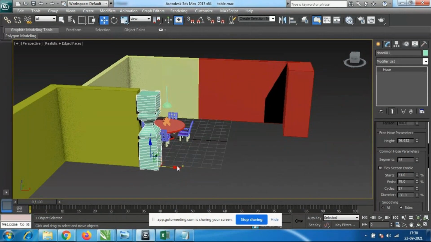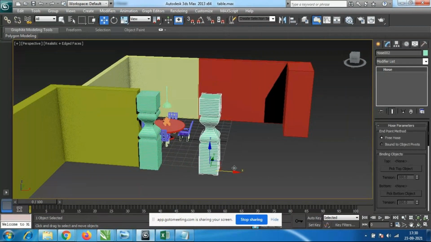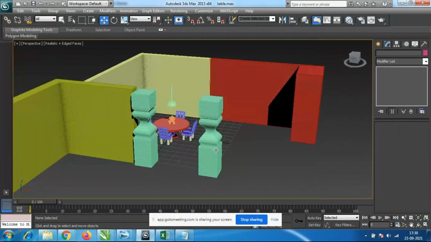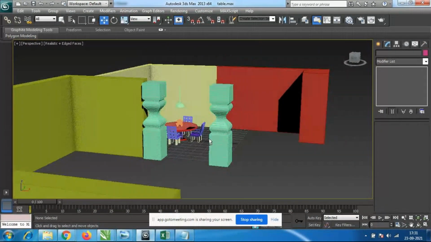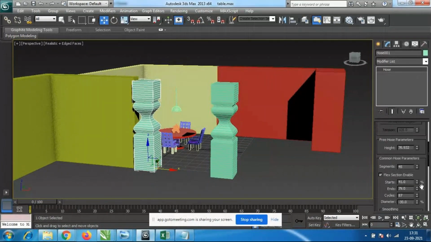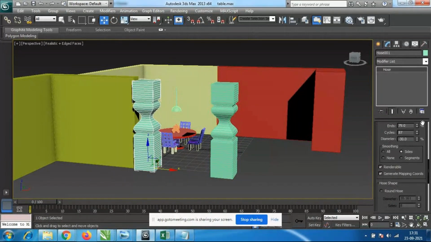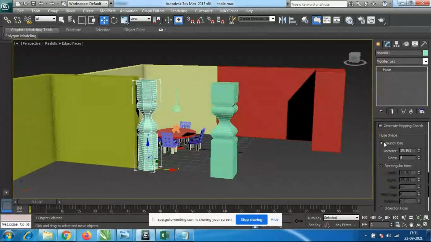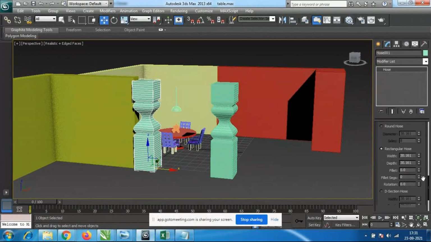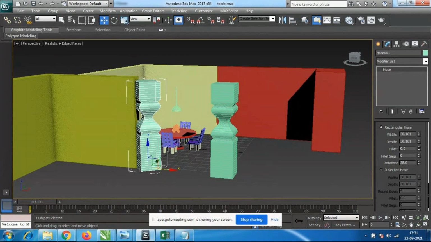I'll just take the duplicate copy of this again. So for entrance, house front, you can create it. And here again, round hose means it will come like this, round shape. Rectangular hose will come like this, and the rotation, it will rotate like this. If you don't want it straight like this, you can keep it like this. So this is the rotation.